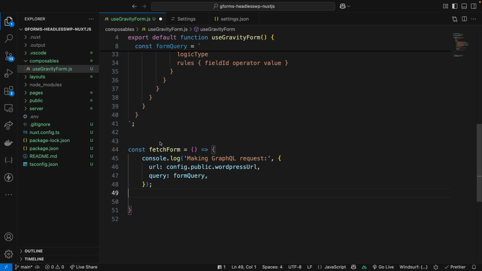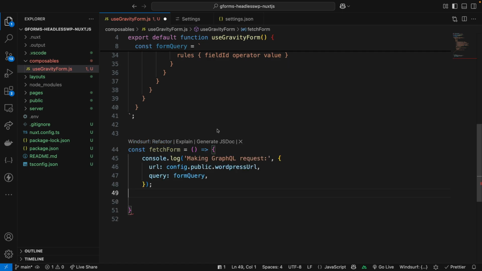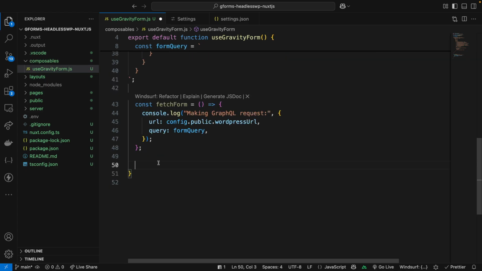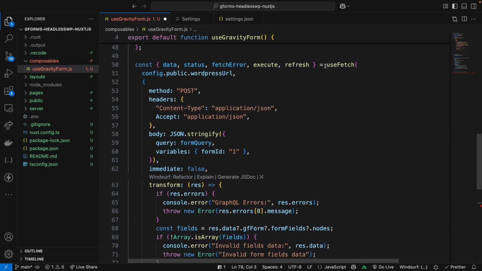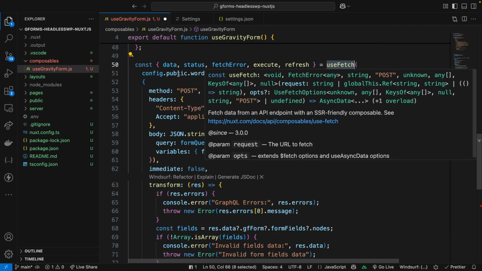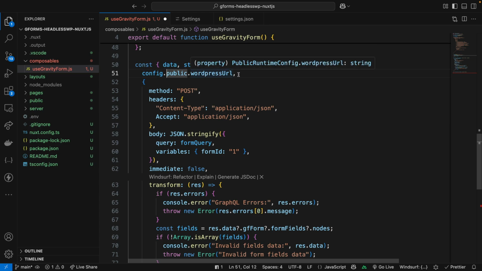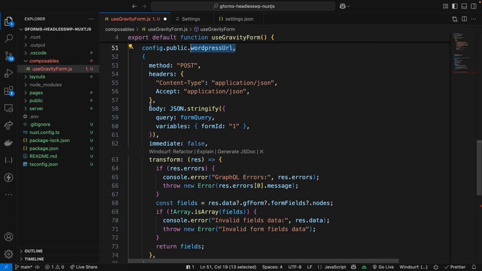Now it's time to fetch. So I have a const called fetchForm here, and in fetchForm I start by logging the request right here that we're making a GraphQL request, and this allows me to debug the URL and query. Now I call Nuxt's useFetch here in this code block right here. This is their function to help with data fetching, and then we're going to point this to our WPGraphQL endpoint right here. Now in the body, I'm going to go ahead and place our variables